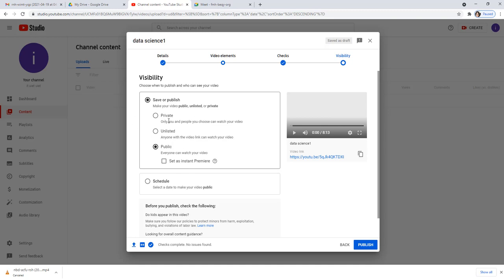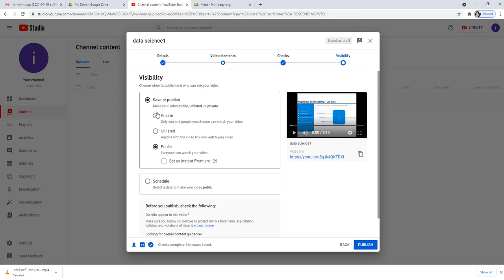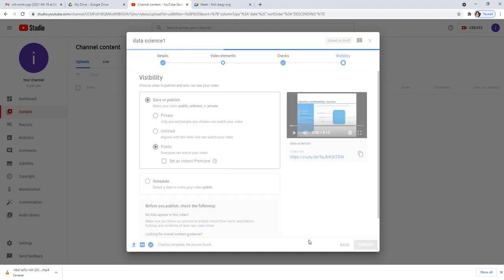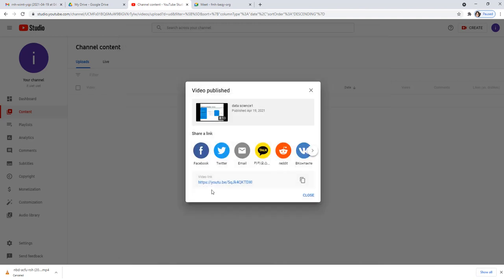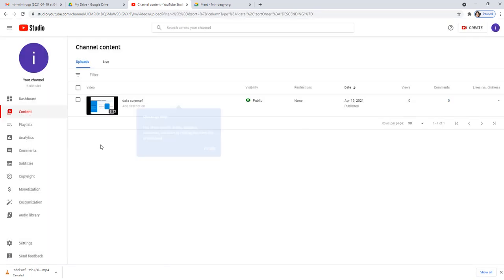I can publish it to the public. If you want it to be private, only you can share it, and the people that you choose to share it with, maybe your students, then you can make it private. Otherwise, there's no problem in public. I can also schedule them at a certain interval, or I can immediately publish them, and I'll publish. Now I have a link. This link can be copied and it can be sent to your head, and the head will then send it to the Dean of Academics so that your records are properly maintained, and it will be available live on the YouTube channel of your department.